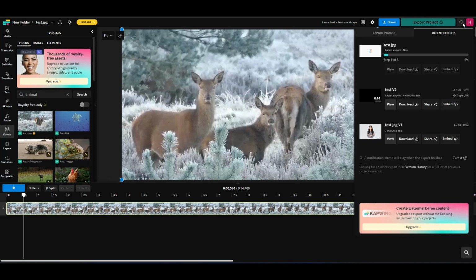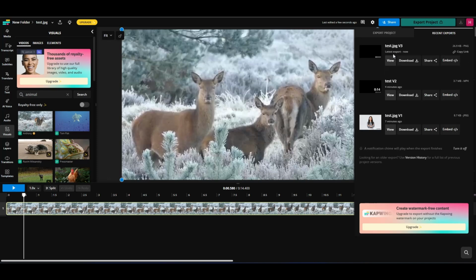Then let's just wait for it to export here. You can see the progress. Then click on download. And there you go. Now, as you can see, it's been exported as